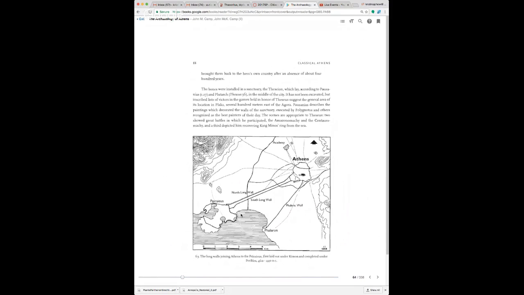During the Peloponnesian War, the Athenians all came into the city of Athens while the Spartans were ravaging the countryside. This led to some problems like plague, which actually killed off Pericles himself right at the start of the war in 429 BCE. But the war then went on for really over 25 years.